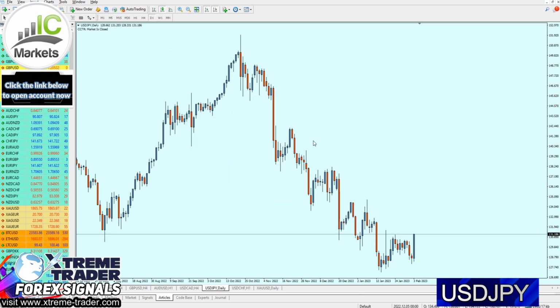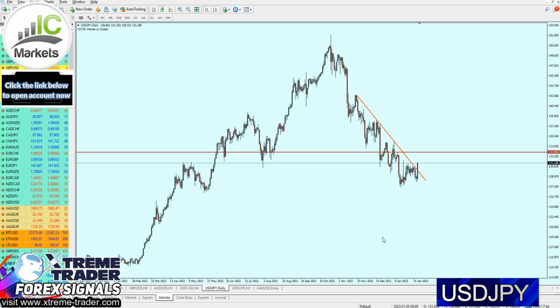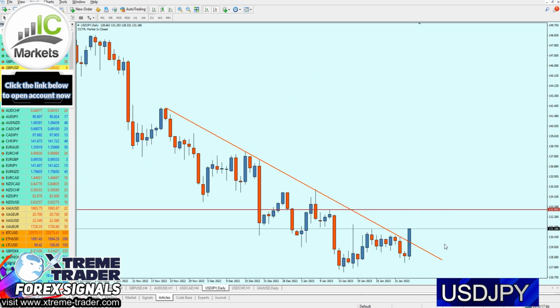Now, based on the daily chart, now we have switched to the daily chart. We can see that the resistance trend line has been broken out from, which indicates that the USD/JPY has one direction to go, which is upward. So most likely, this resistance right there is going to be the next target for the USD/JPY. It was a previous broken key support level, which means the USD/JPY still has about 180 pips more to go.